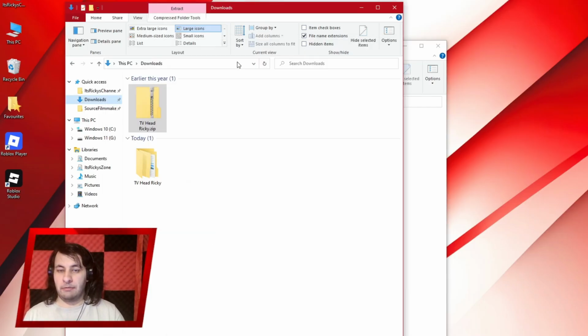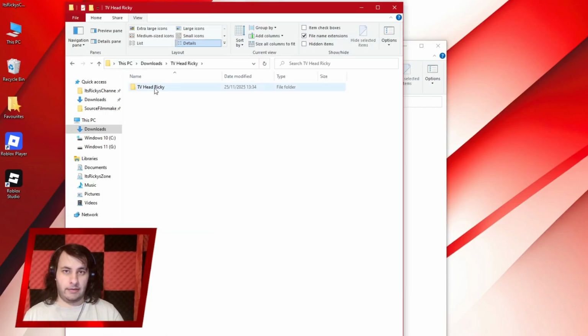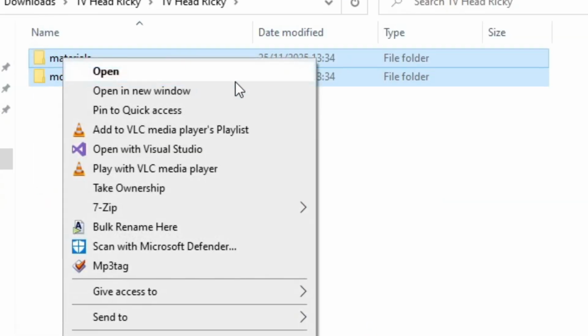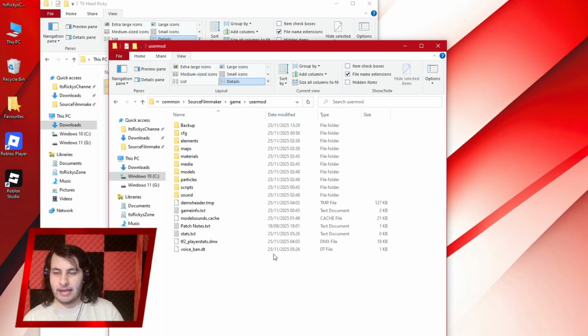Now what you want to do is bounce back into where you extracted your model or your map folder or whatever it is you're installing. Find it, and then find the main titular folders and stuff. What you want to do is highlight everything and then hit copy on it, and then bounce back into your folder. You can navigate between the two, or you can do what I've just done here and flip between two pages, and you'll be in the user mod folder again. And once you're in here, all you want to do is just,